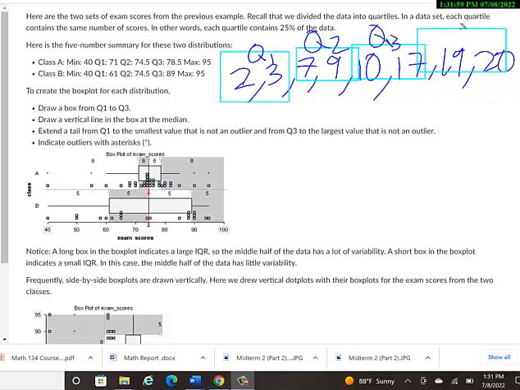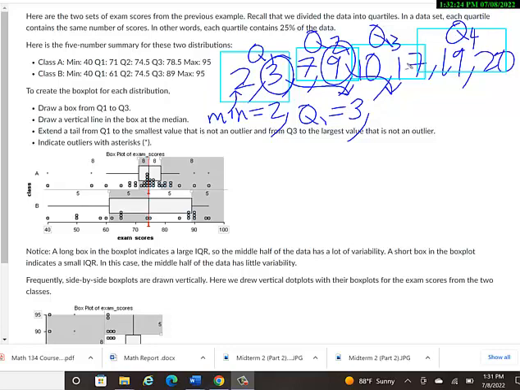In this case, there's no repeats. All these numbers are unique. I don't have two of the same number, but that would be it. So in this case, the minimum value here is 2. And then Q1 is, in this case, there's not a lot of numbers, so the highest value in quartile 1 is 3. That's Q1, and then Q2 would be your